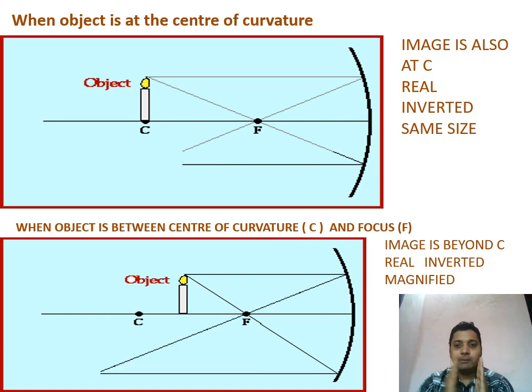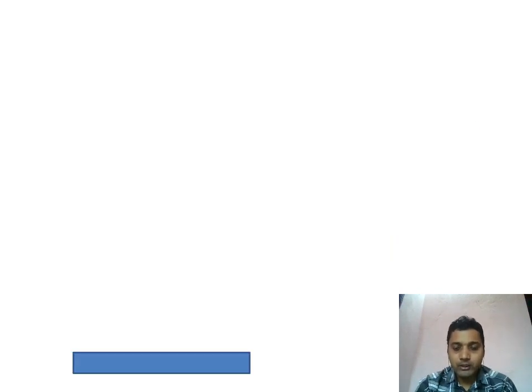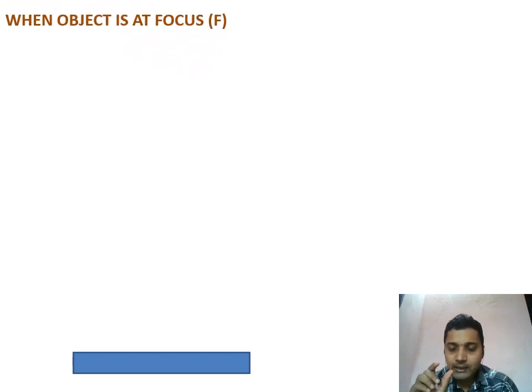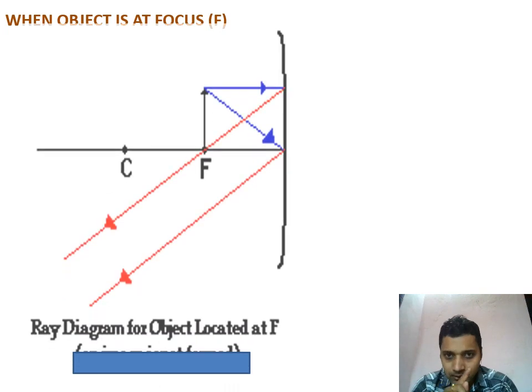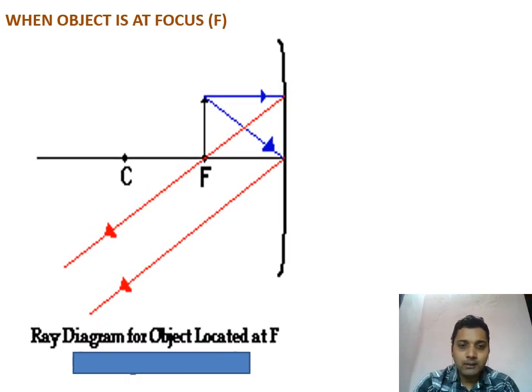Now the object will be brought to focus. When the object comes to focus and light rays are incident on the mirror, the light is reflected back. The first rule we have used here is a ray of light parallel to the principal axis passing through focus. I have used the third rule, a ray of light striking the pole obeys the laws of reflection. So both these light rays will not meet, or they will meet at infinite distance.